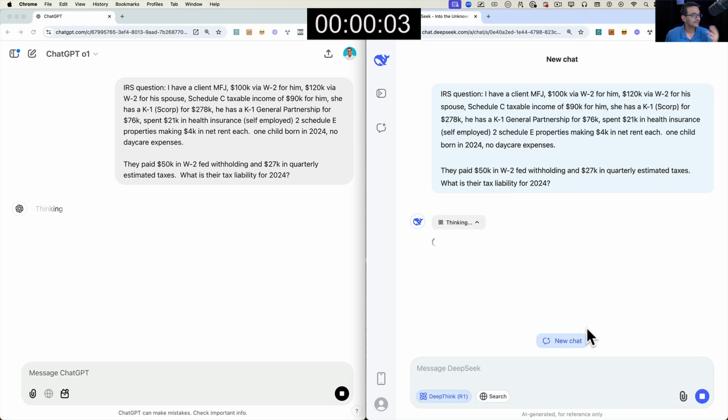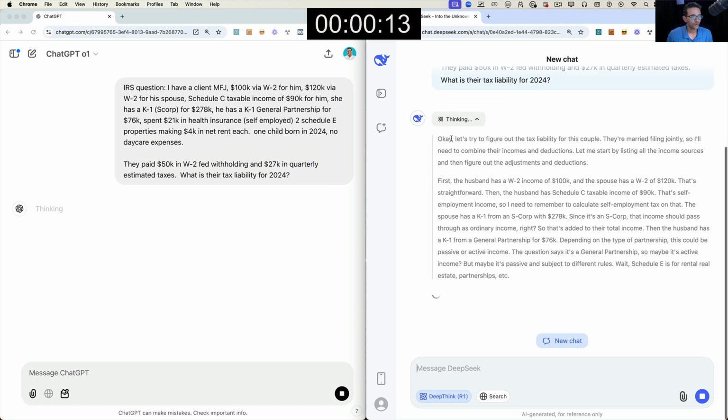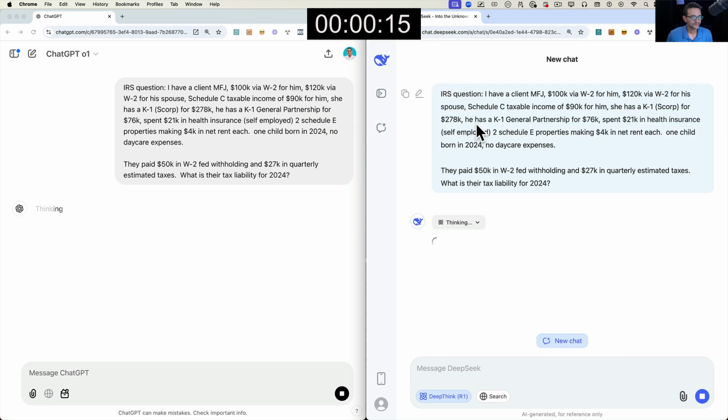Okay, so I hit send on both, and I'm gonna explain a little bit what's going on, and then I'll just fast forward until the ending. So on the left-hand side, you see thinking. On the right-hand side, you also see thinking. You can actually collapse that thinking and not have to actually see the details. So you actually have the choice of seeing the details, seeing the thinking, or simply just waiting.